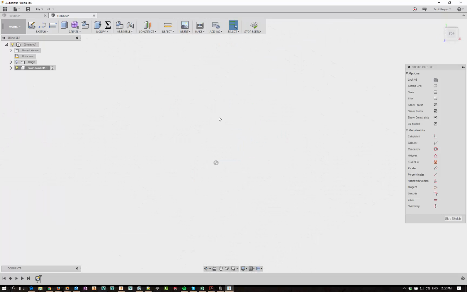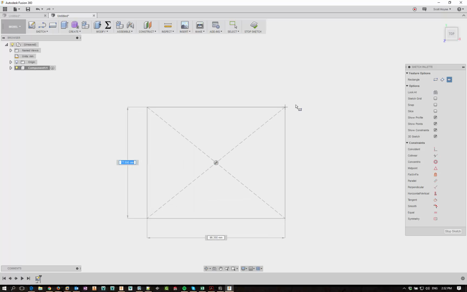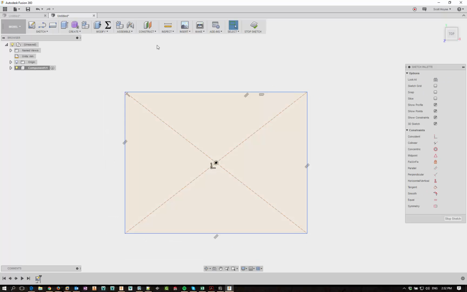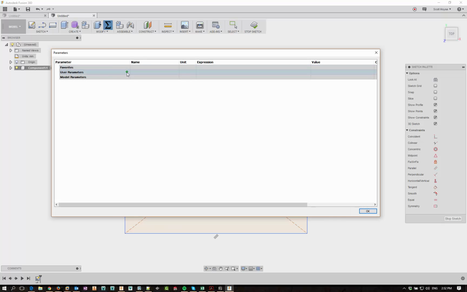Sketch, rectangle, and go with a centre point rectangle. And you know what, I don't know how big I want it yet, so let's create some parameters here. User parameters,